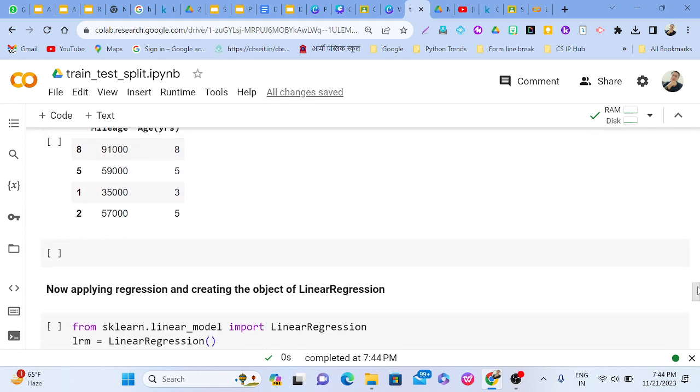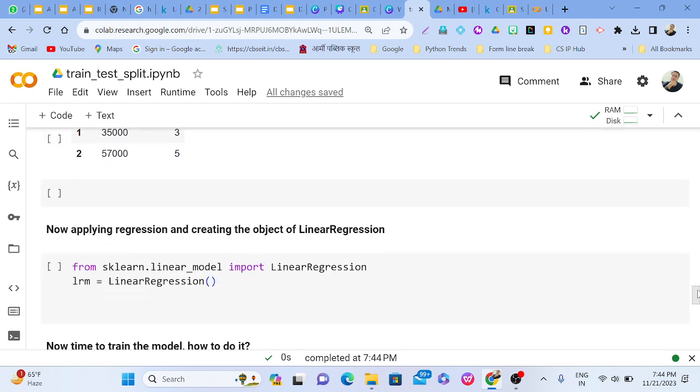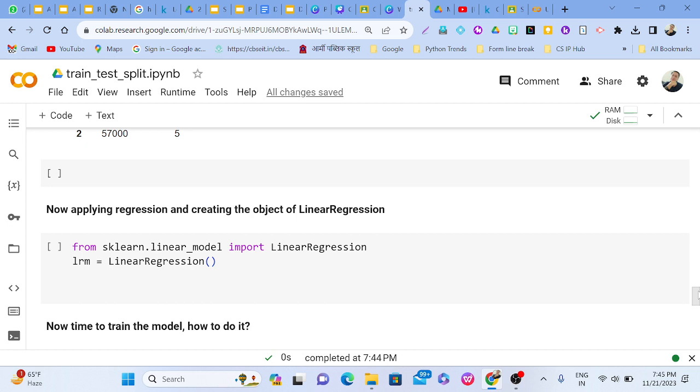Okay, now it is time to train the model. So how to train the model? We'll have to import another function, linear regression. So how to import it? The same library, sklearn. From sklearn.linear_model import LinearRegression. So this function is imported from